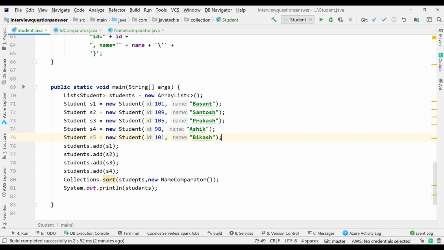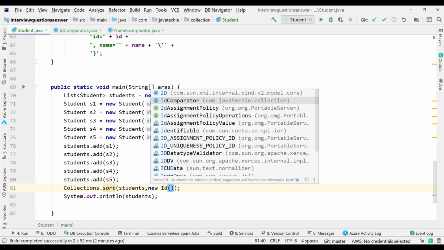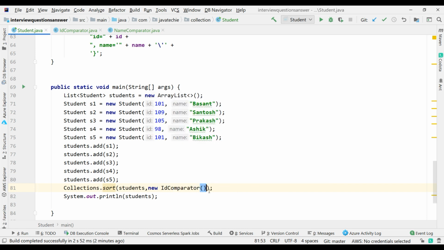Okay, add it to the list. Now I just need to pass this ID comparator. You can change the name because we are not going to sort based on the name. We are comparing based on ID. If we find it is equal, then we are sorting based on the name. Fine. Now let me run this code.